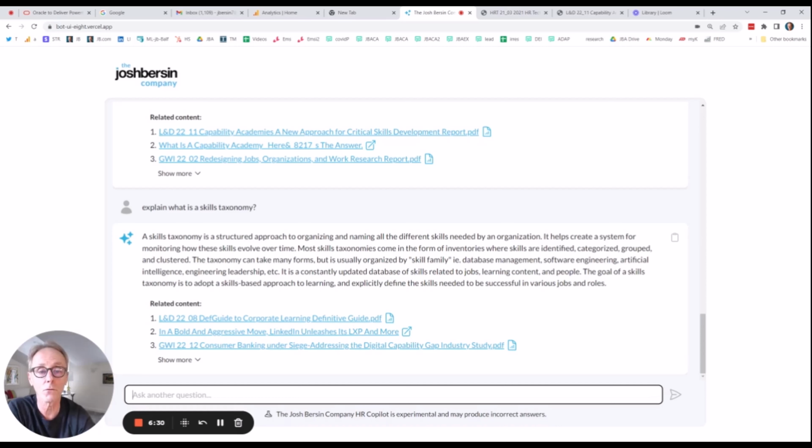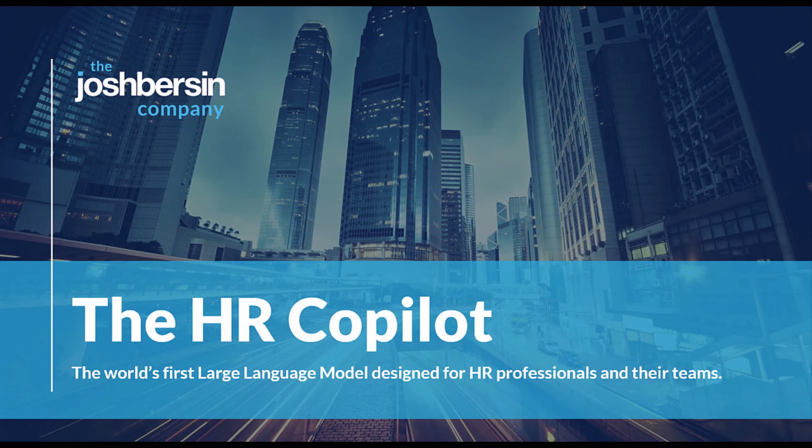And under the covers, of course, you can read all the research and look at all the content or call us directly. This is going to be available to all of our corporate members starting later this summer, and we are really, really excited about it and look forward to hearing your feedback. Thank you.